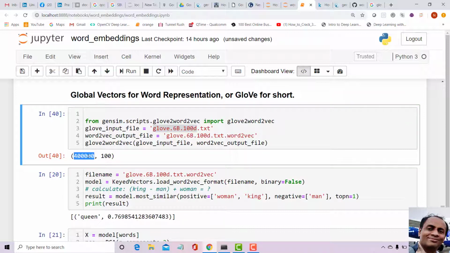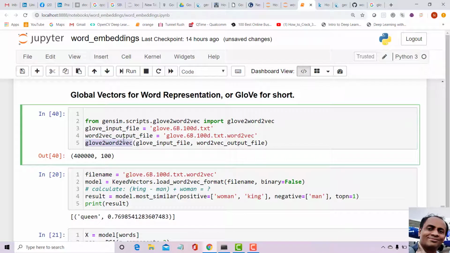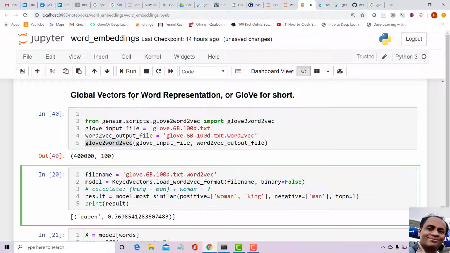My god, 400,000 words, and each word is represented by a vector of 100 dimensions. Now this has converted the GloVe format to word2vec format, and again we can do the same exercise. Load the word2vec format file, this particular file, and you will be able to get the model.